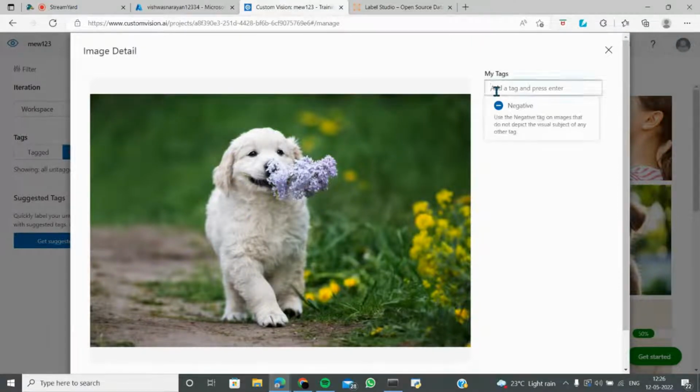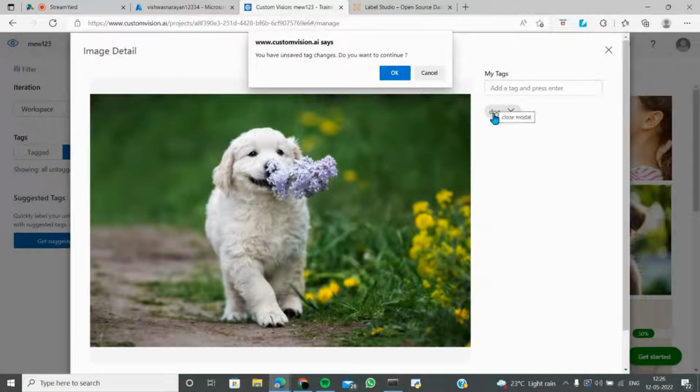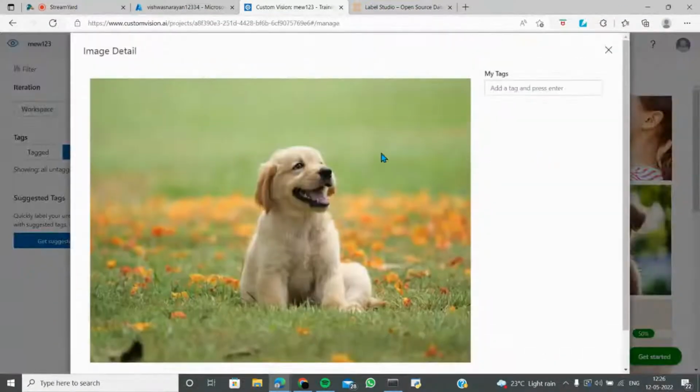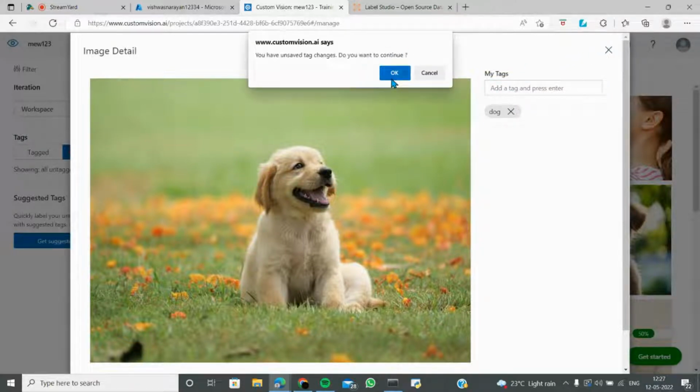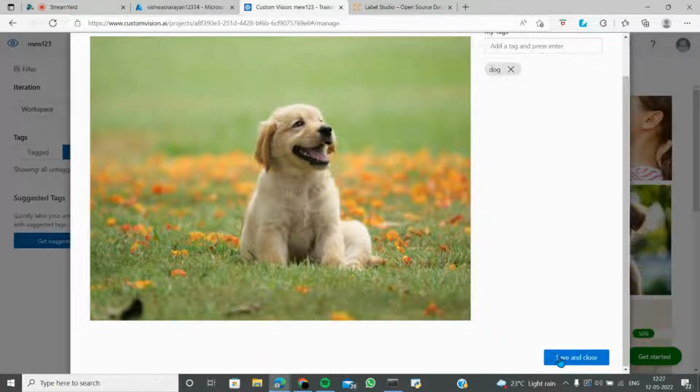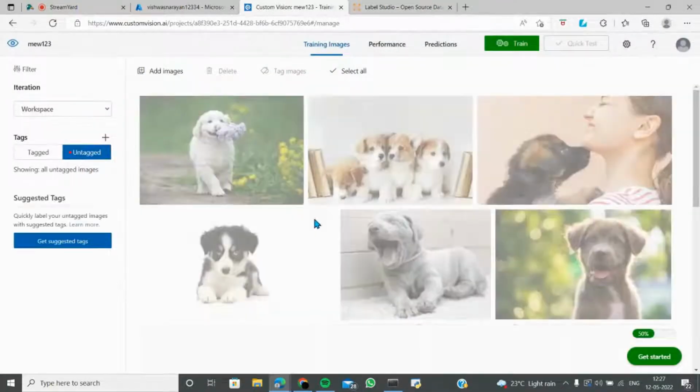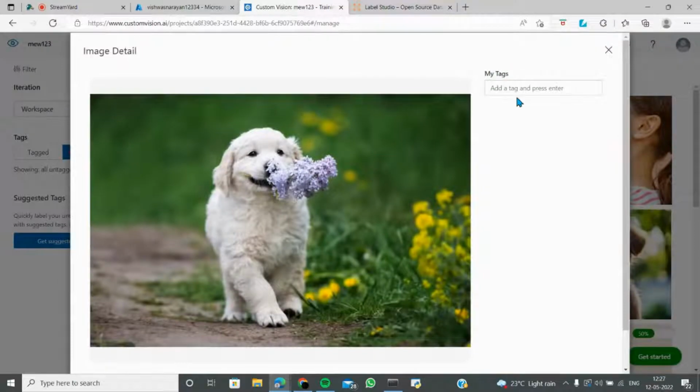So dog. Let's just do a dog. All right, tag is dog, and perfect. Dog. Okay, so save tag and save and close. I totally had forgotten it.